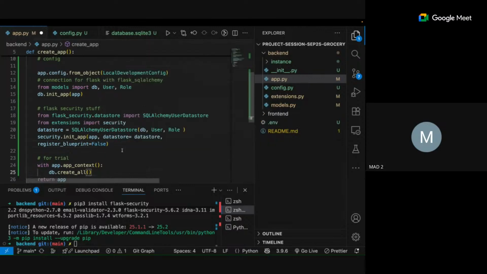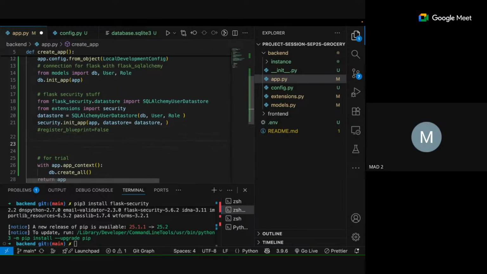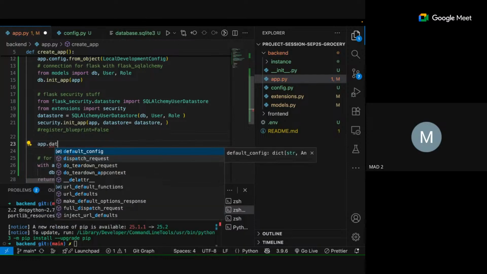So I will show you what is the default also. Let me just first keep it default and then we will make it false. Okay, so this initiation has been done. And last thing, what we generally do is we say app.data_store